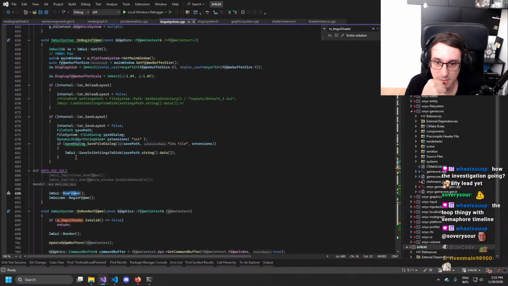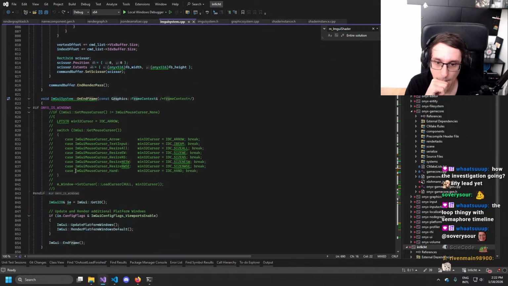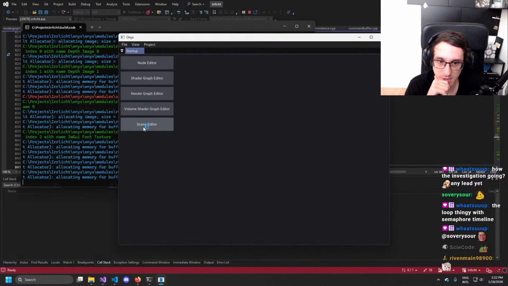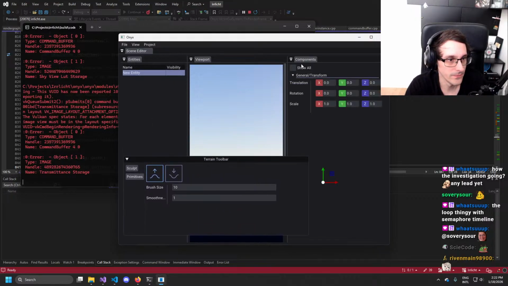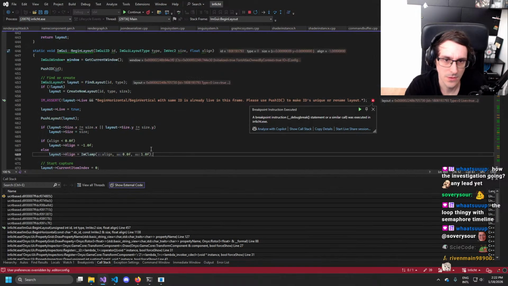I could only think that maybe... No, actually, I'm not quite sure what that ImGUI crash is about. But let's see. Oh, that doesn't work anymore. Oh, we have a... Oh, yes, I can remember.